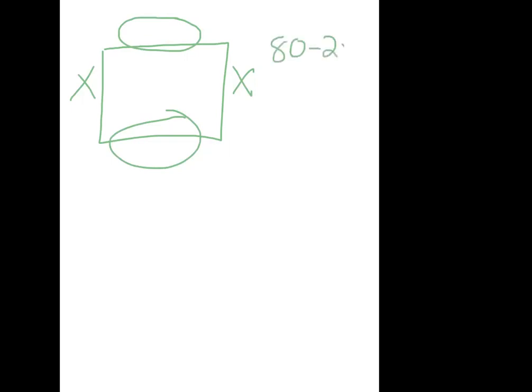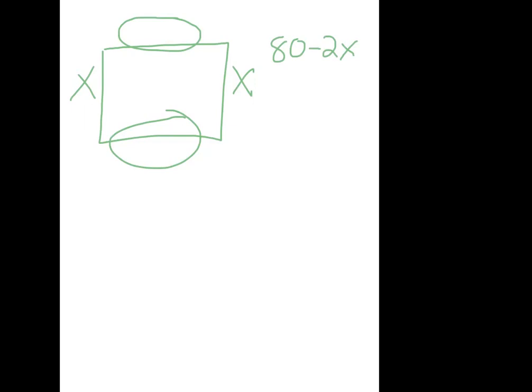So I know I have 80 feet to work with altogether, and I know it's going to be a rectangle. Do I know how long this side's going to be? No, so I'm going to call it x. Do I know how long this side's going to be? No, but think about it. If it's a rectangle, that's also x. And I only have 80 feet to work with. So these two sides that I have circled, don't they have to be equal to 80 minus 2x so far? Right? Because it's going to be 80 feet in total, and I can't include those two sides that I've labeled x. So what's left over is 80 minus 2x.